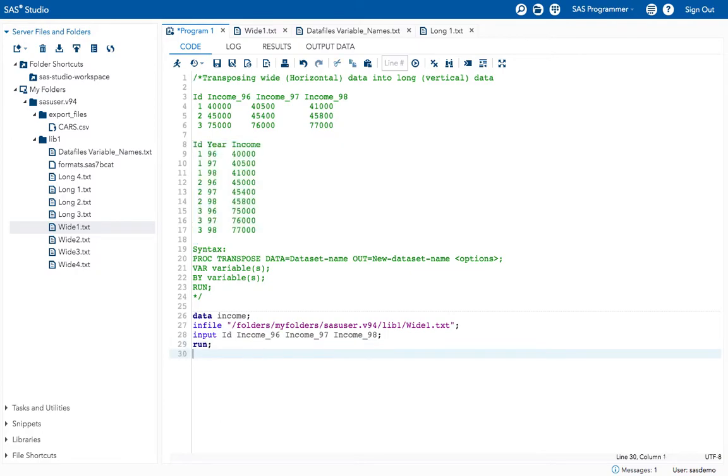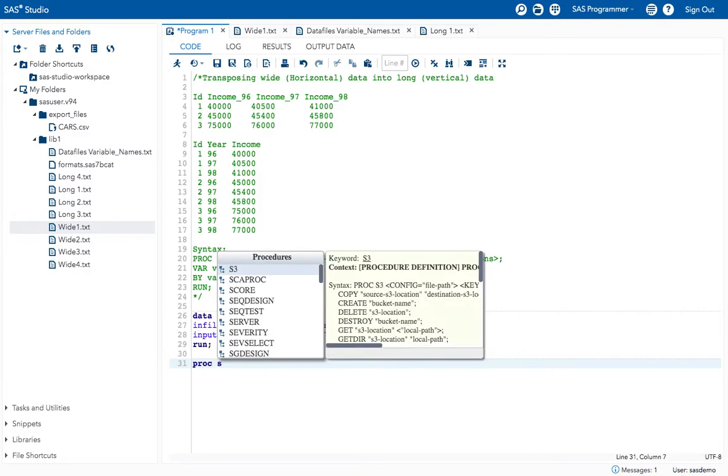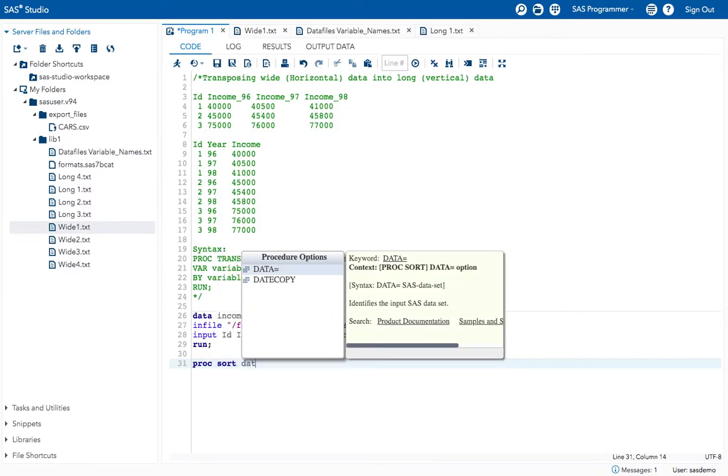Here I am not using the sorting procedure because it is already sorted by id variable, and you guys know how to sort it. I have explained that in the proc transpose part 1 class, but still I will show you how to do that.